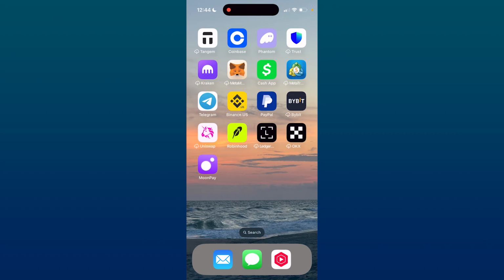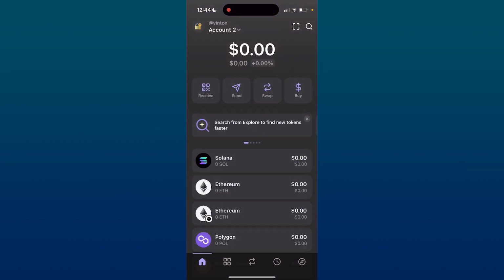I'm going to show you how you can buy Litecoin in the Phantom Wallet app. It's really easy to do. First thing you do is you need to just open up the Phantom Wallet app and log in like I am here. Now make sure your app is up to date, and once it is, you just want to